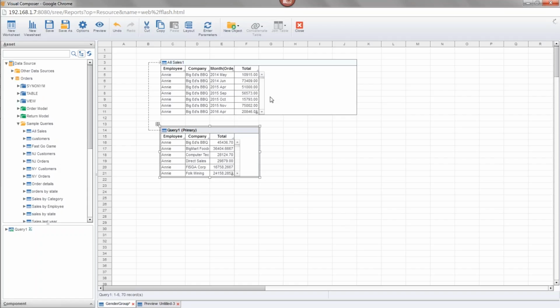What we need to do is we need to join these 2 data blocks together and relate them appropriately on the employee and on the company field. Right? That means that for a given employee and company group, I want to make sure that the average monthly total is displayed next to the proper employee and company. Right? So for Annie and Big Ed's BBQ, here's the average monthly sales. I want to make sure that that's displayed next to every instance where we have Annie and Big Ed's BBQ over here. So the way you do that is by setting up a join,